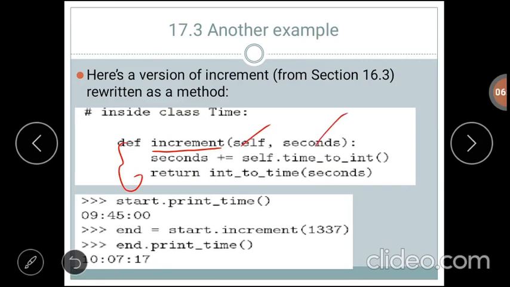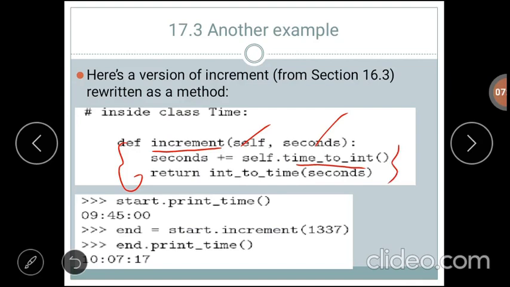And again we are assuming that we already have the method time_to_int, and we are just calling that method. This function assumes that time_to_int is written as a method, and also note that it is a pure function, not a modifier. So this is the function definition.